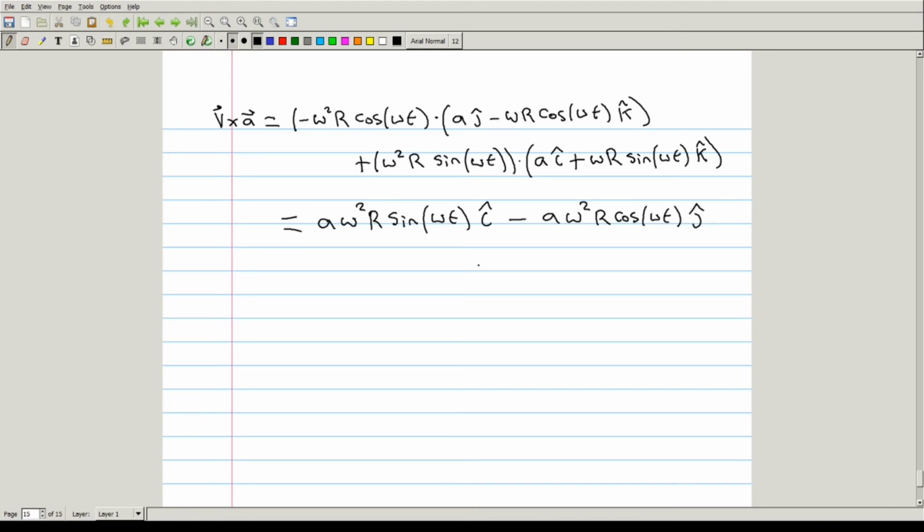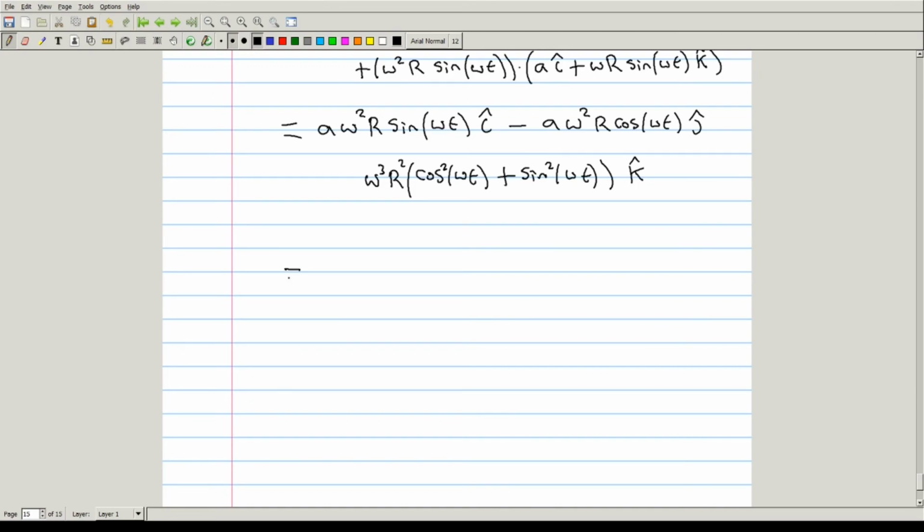So we have omega cubed times R, and then it'll be cosine squared of omega t, plus omega squared R sine of omega t times this right here. So that should be R squared sine squared of omega t times k hat,